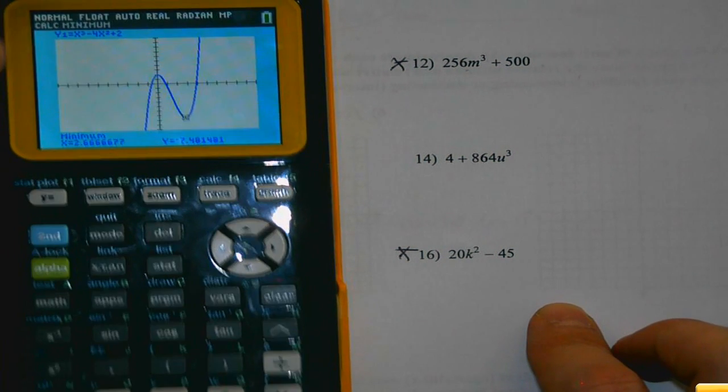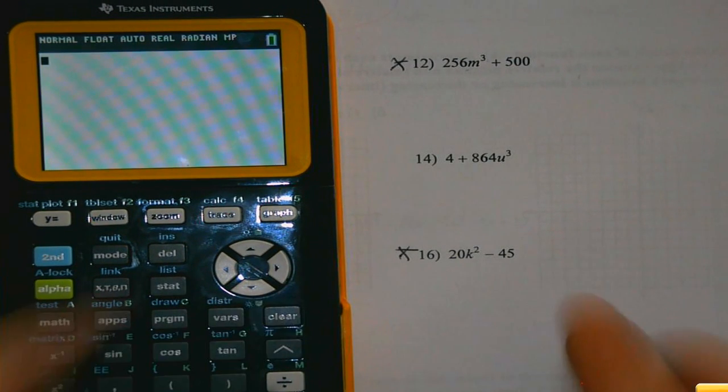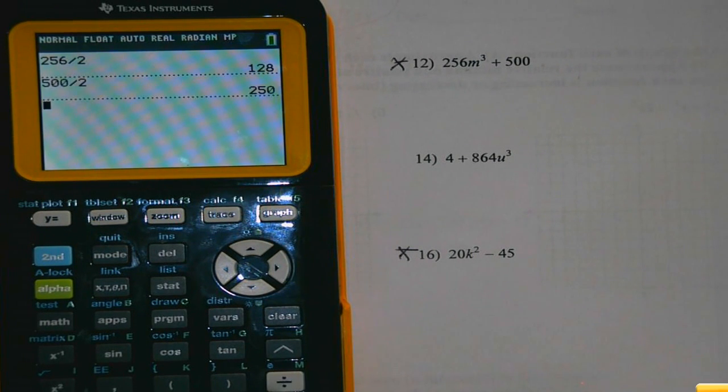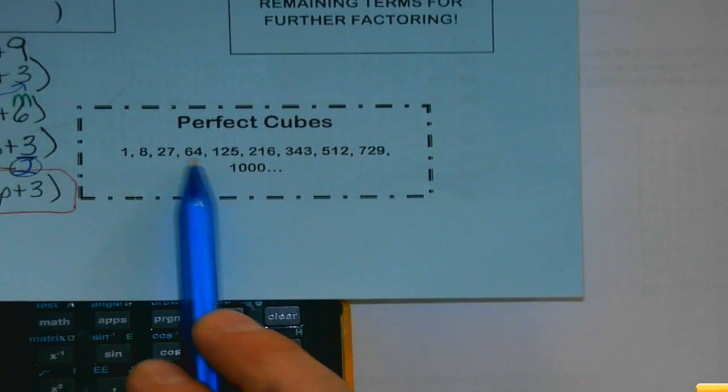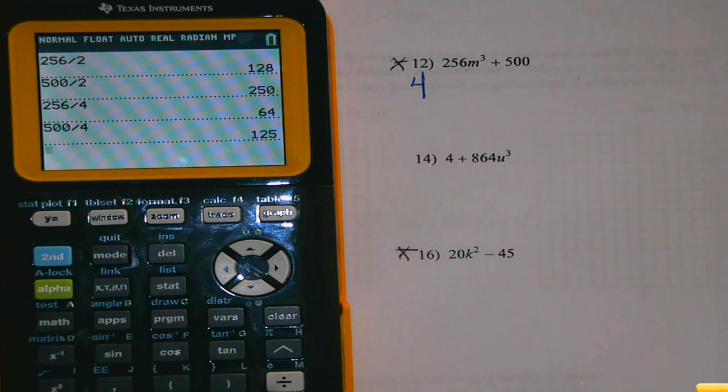Let's try dividing some numbers in and see if we can find something that goes into 256 and 500. Okay, now 2 does. But I'm kind of looking at those two numbers, and it looks like something to go in again. So let's try 4. 64 and 125. Ooh, wait a minute. 64 and 125. Okay, I'm happy now. So if I take out a 4,